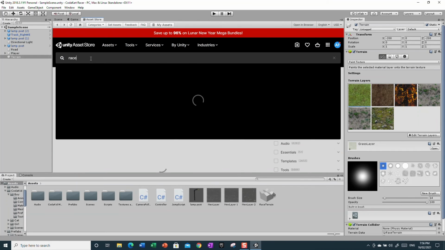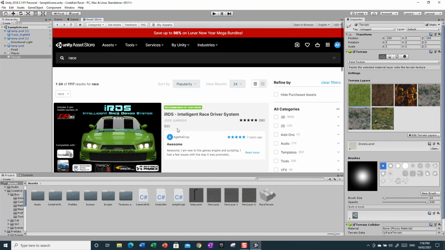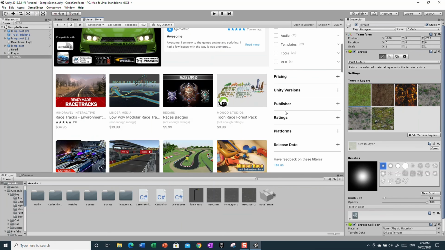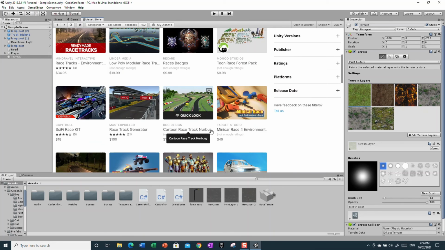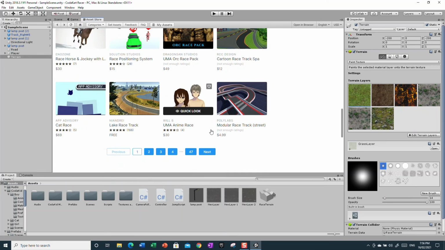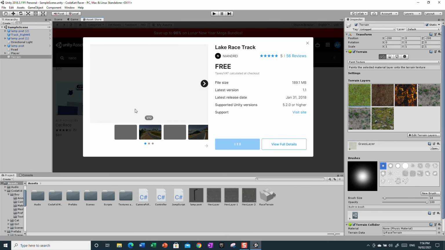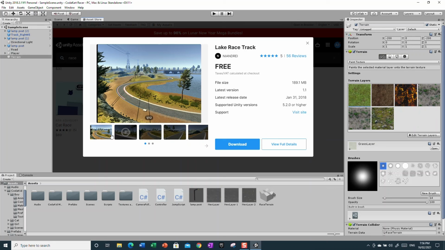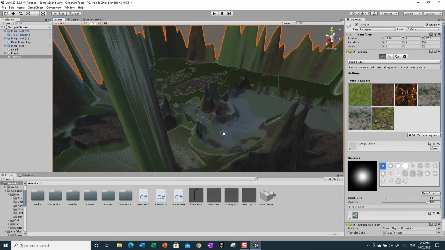So as you can see, if you search up race and go to the bottom, you can see a million different racetracks, a million different starters. It looks pretty nice right here. It really looks good, really cool. Like this lake racetrack, I'm really looking forward to this. This has a lot of good detail, and it's free as well. So we're going to be looking at the free ones. But anyway,